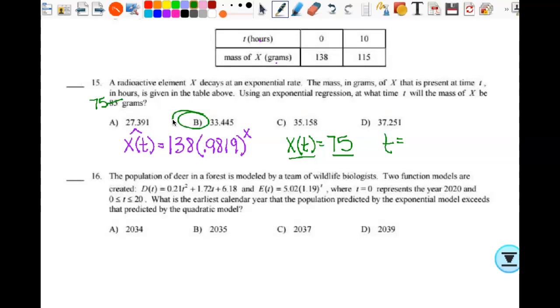All right, number 16, the population of deer in a forest is modeled by a team of wildlife biologists. Two function models are created. One is quadratic, one is exponential. T equals 0 represents the year 2020, and T is between 0 and 20. So this right here tells me what my domain is on my calculator already. What is the earliest calendar year that the population predicted by the exponential model exceeds that predicted by the quadratic model, which means I need to look at both